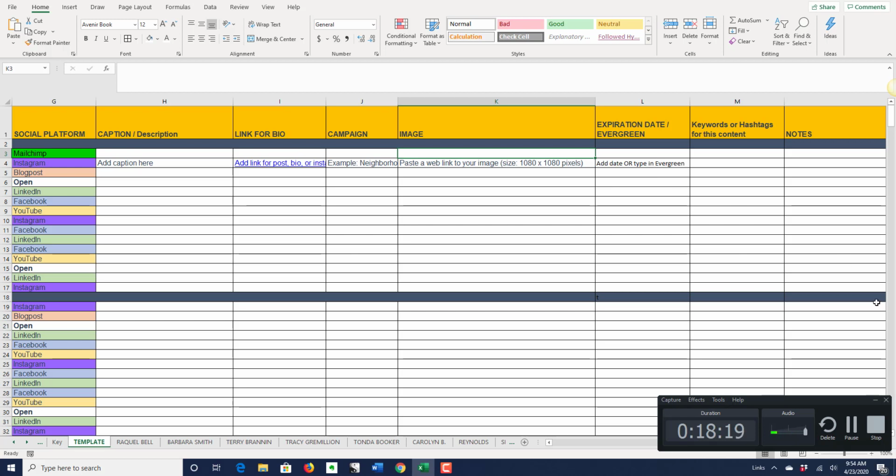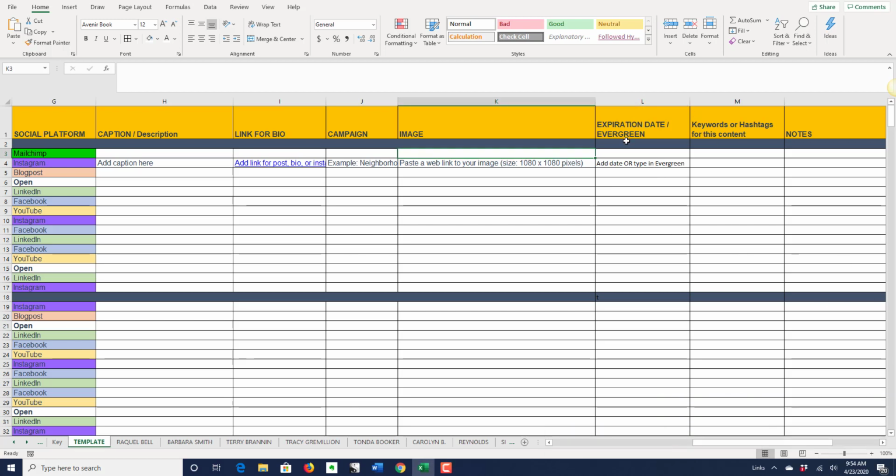And then for here, expiration date, or evergreen. So if this is something that we're going to post that's only good for like a week or two, and I know it's only good for a little while, then we'll put that date in there. If it's evergreen, meaning we can use it over and over again, then we can put evergreen. So that way, if we ever run into a thing in the future and say, okay, what can we reuse? Well, maybe there was something that we posted last winter that we could do again this winter. So we can say, okay, let's go ahead and use that one again. And again, they talk about this in that